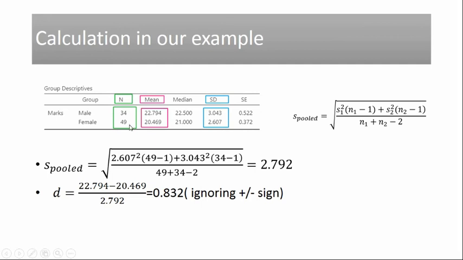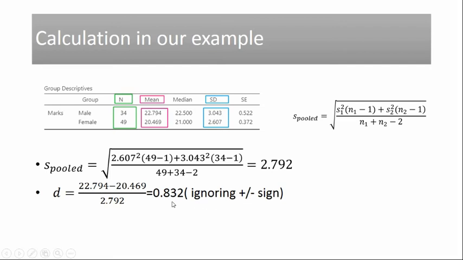In the descriptives, N is 34 for the first group and 49 for the second group. These are the mean values. This is the standard deviation. We have already calculated the pooled standard deviation. We get the value 2.792 and d is the difference of the means of these two groups over the pooled standard deviation. Ignore the plus minus sign.